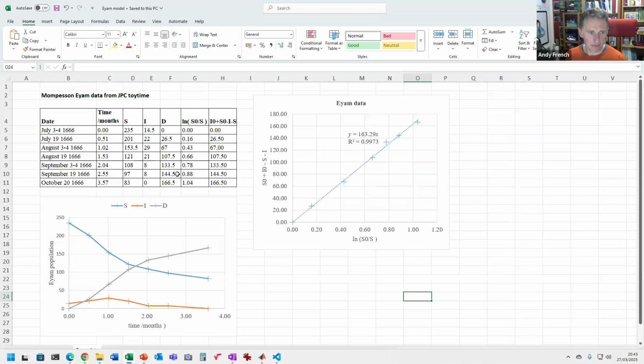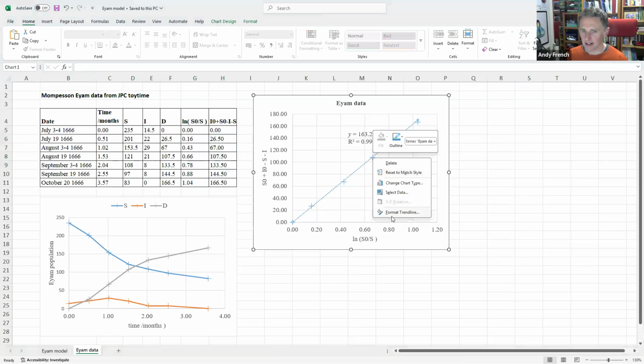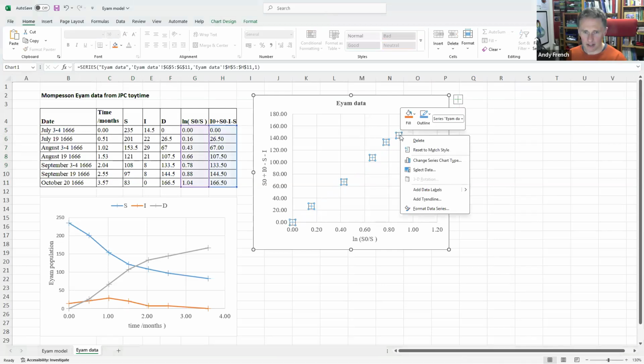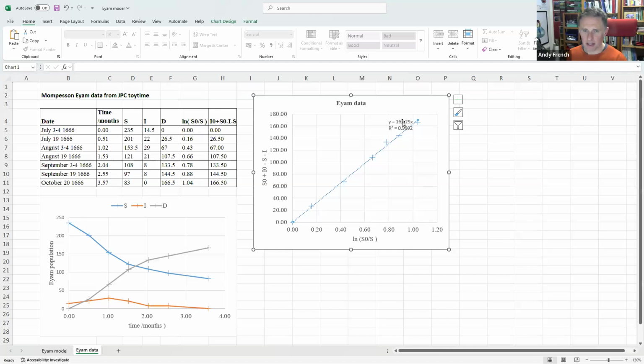So here's the Excel version. The first thing you might want to do is take your table and plot it. Remember, I've got the log of S0 over S versus our numbers of the dead. You can see these columns match each other, and there we go, you can see our straight line graph. That's a line of best fit. To find a trend line in Excel, you right click and add a trend line. If I delete the trend line, right click, add a trend line, you can display the equation on the chart. Maybe set the intercept to be 0. So there we go, you've got